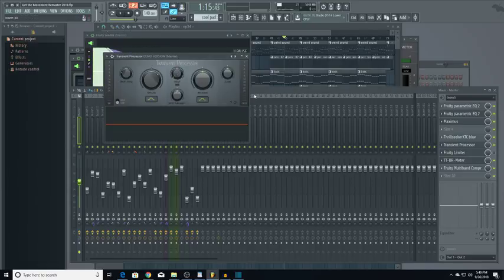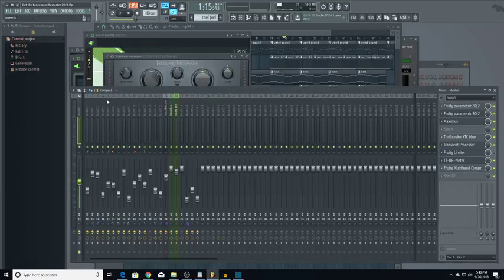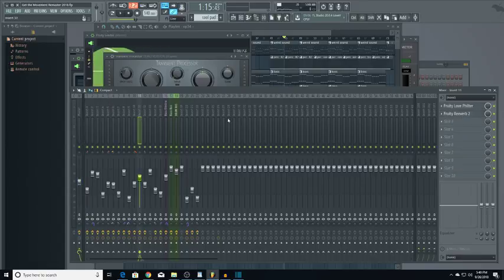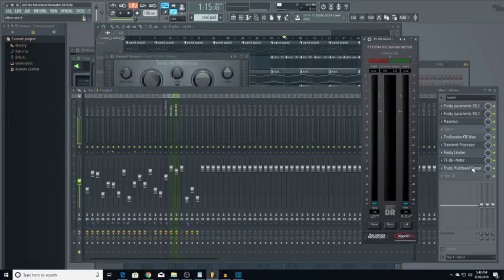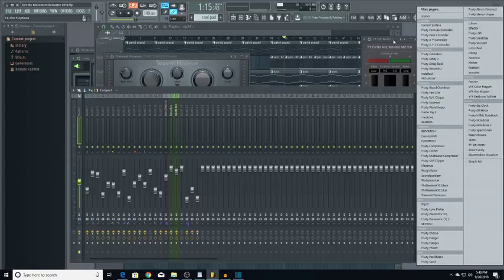But if you're working on a mix, on something that just sounds dull, I don't know the best way to describe it, but this thing really does help make the track come out. It's a good plugin. I definitely recommend it. And then last but not least,